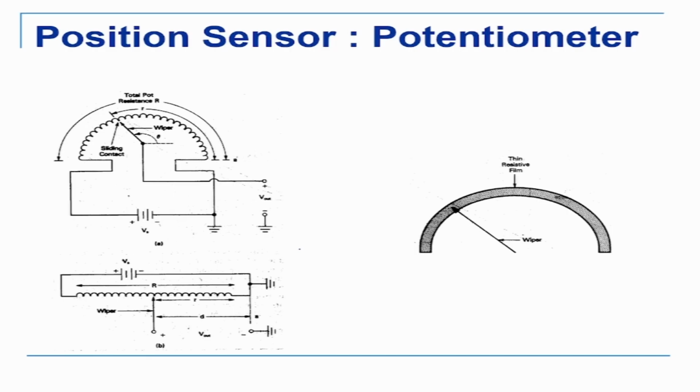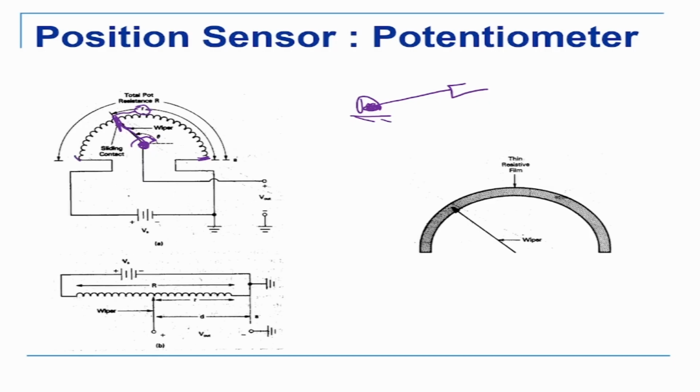Now, potentiometers you would have studied in school, I'm sure. How it works is very simple. There is a resistance coil and there is a wiper which moves on the resistance coil. Now, if there is a robot link like this, I can attach the link to the wiper here. So when the link is moving, the wiper is also moving. Now, when the wiper moves, the resistance, the small r, which is from here to here, changes.